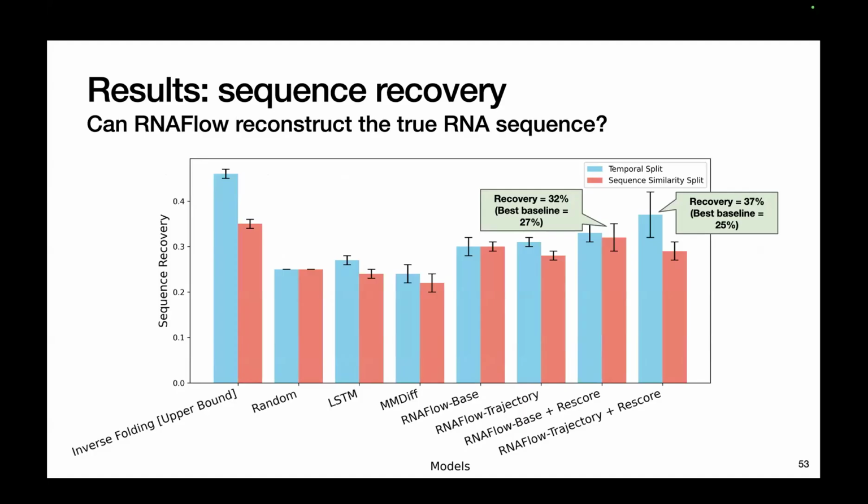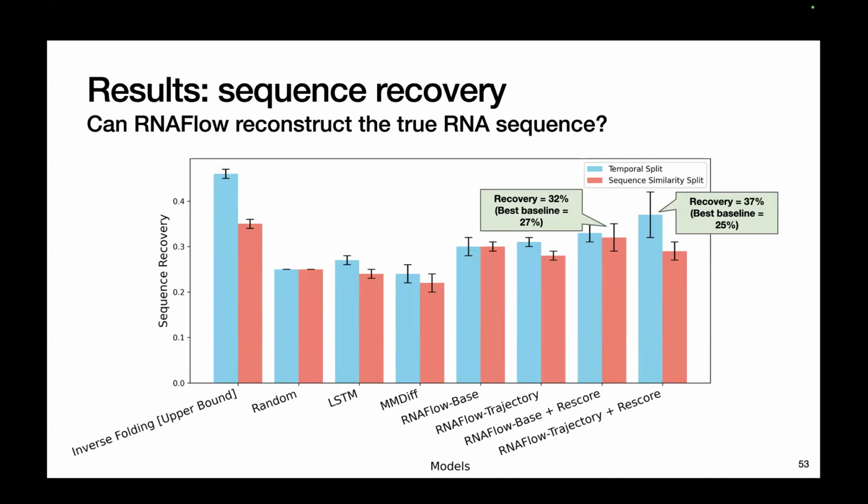Here we selected a few RNA structures as the test set, and we did a sequence similarity split. We actually did two types of split: one is the temporal split, one is the sequence similarity split. We trained the model on the PDB with these test sets held out, and we evaluated whether we can actually recover the sequence